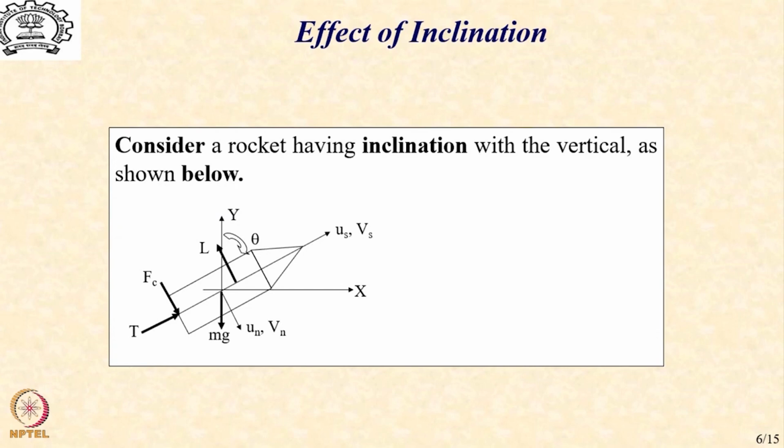Then we have the velocity Vs along with the unit vector Us along the axial direction of the vehicle, and the velocity Vn and the unit vector Un along the direction normal to the axis or the velocity vector. The gravity we assume to be pointing towards the negative y direction,